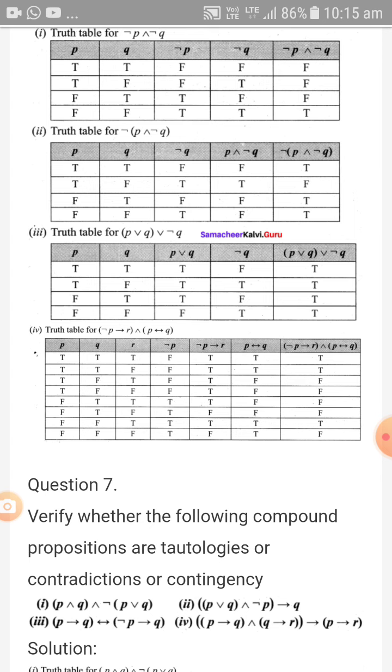Not P then R: false, true means true. False, false also true. Here all are true. If R is false and not P is true, the result is false. Suppose R is true and not P is false, then it will be true. So that is the concept you have to see. If R is false we write false only. If not P is false we can write true.